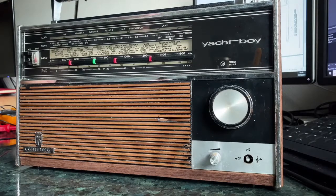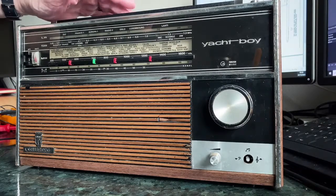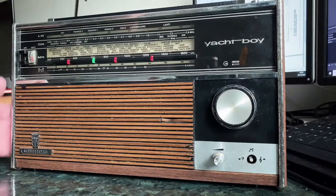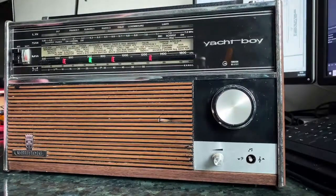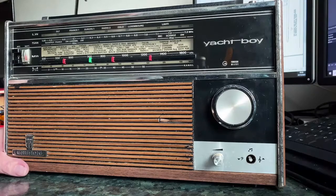Well, today we have a true giant in the world of portable radios, the Grundig Yacht Boy. This would probably have been pretty near the top of the Grundig range in the 1970s, and it is quite a nice substantial piece of kit, quite heavy really, even without the batteries in. It takes 6 U2 batteries, that's D cells, the big ones, and I'm not sure I've got those to power